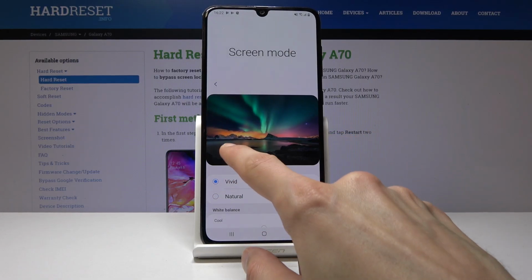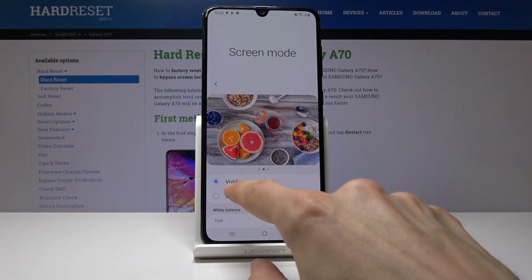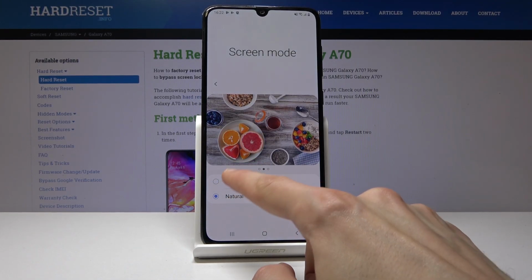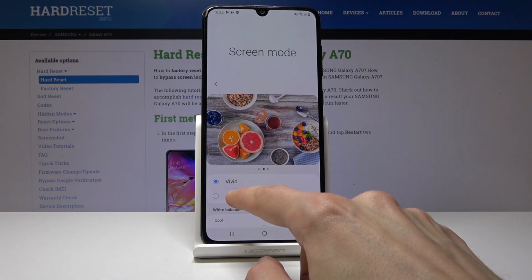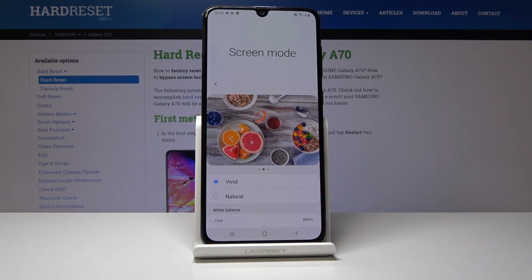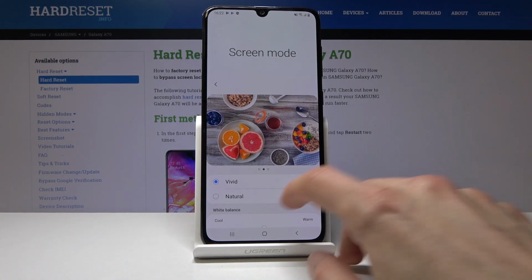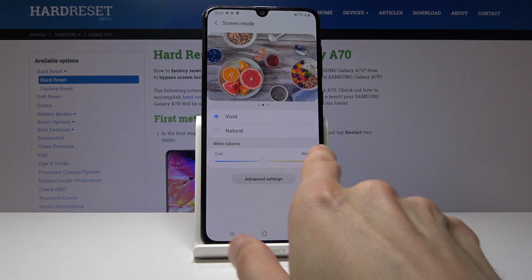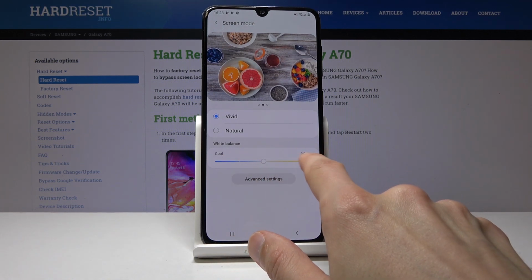So it might not be to everybody's liking. For instance, this one seems a little bit unnatural with how much color it has, at least in the orange and grapefruit side of the colors. It just seems a little bit too poppy, I guess. So yeah, and you also have, in addition here, when you have vivid selected, you can switch the color of it,